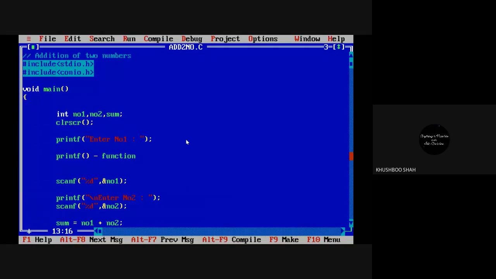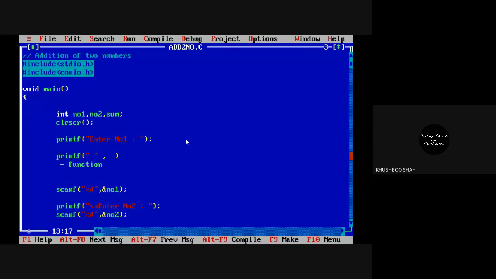inside the bracket, inside the parenthesis, we have certain data. Double quotes are there and a comma is there. So this is the syntax of the printf statement.